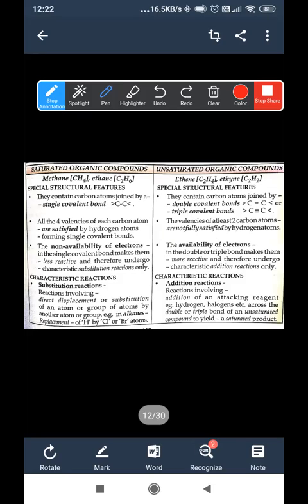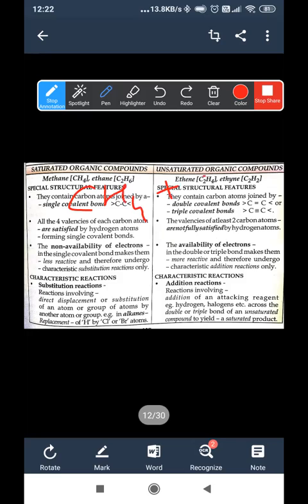The reaction in which atoms or group of atoms can be replaced by another atom or group of atoms is called as what, substitution reaction, है ना. और रिप्लेसमेंट नॉर्मली किससे होता है, हाइड्रोजन से होता है. हाइड्रोजन को निकाल के उसकी जगह पे लोग, जैसे एग्जांपल